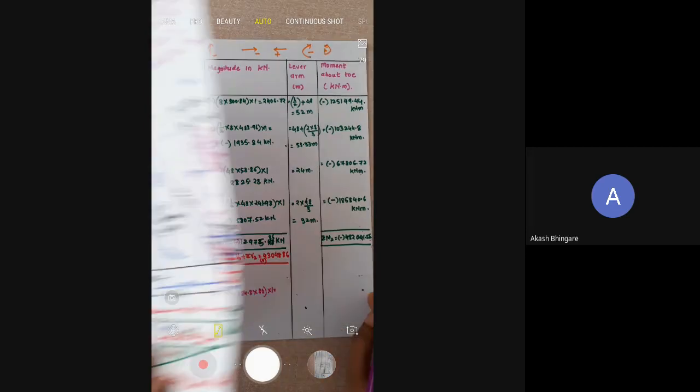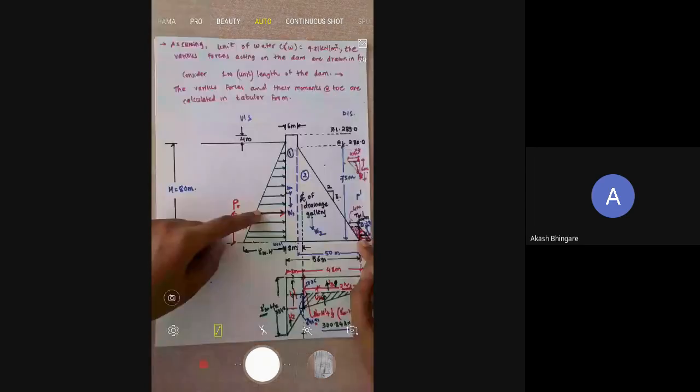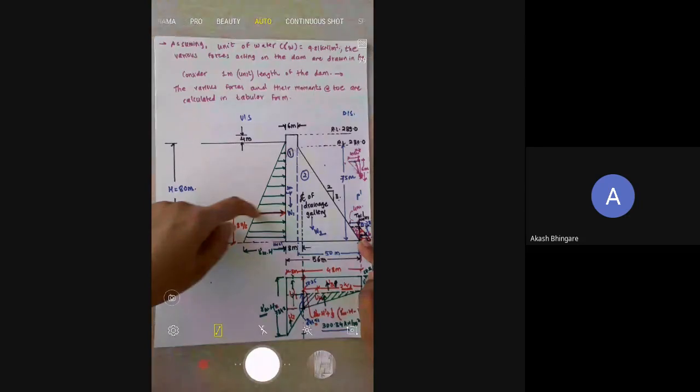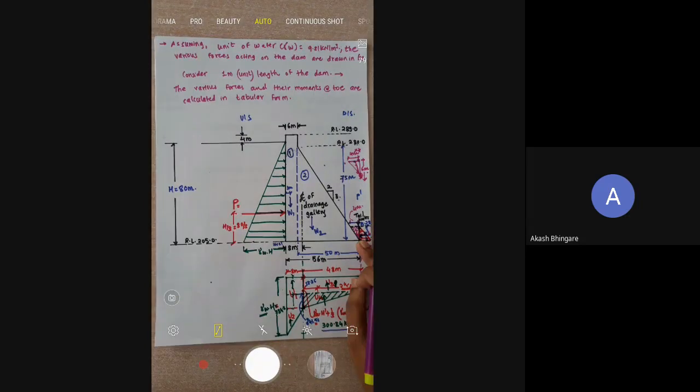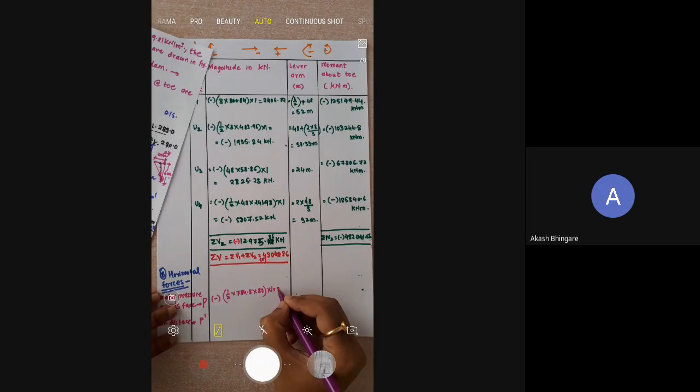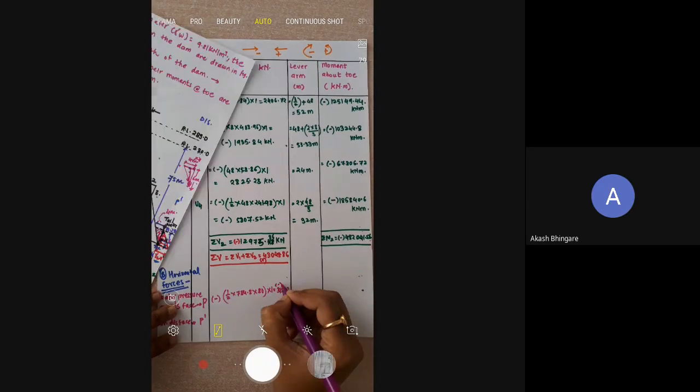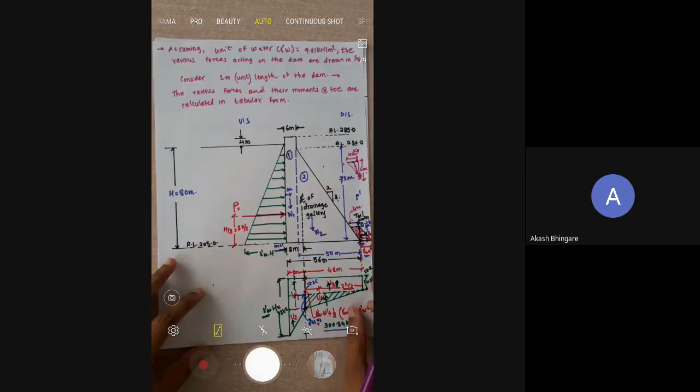Here for the horizontal force you have to take the moment about the toe, and this force is in the horizontal direction. So what is the nature of moment that will get developed? Yes, the value is 31392, but it is with the minus sign. Okay. Now lever arm distance and